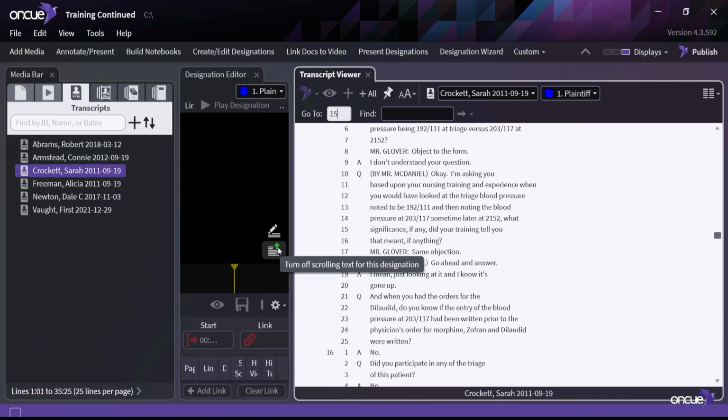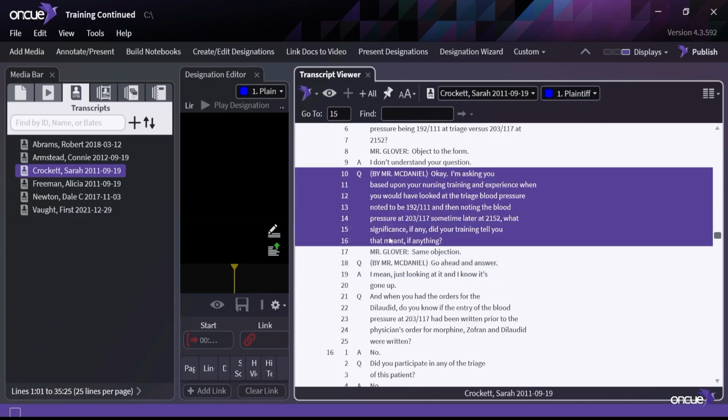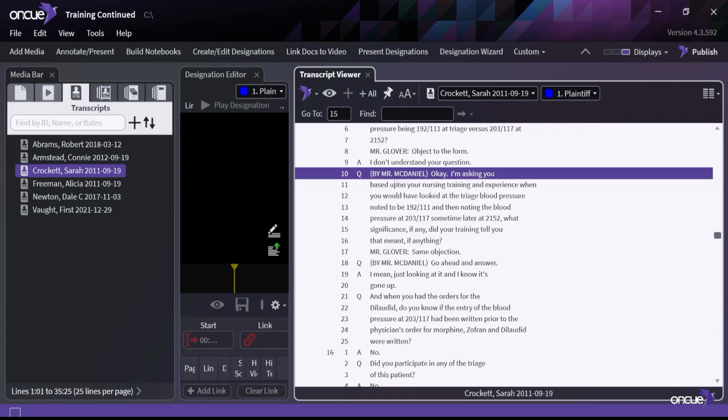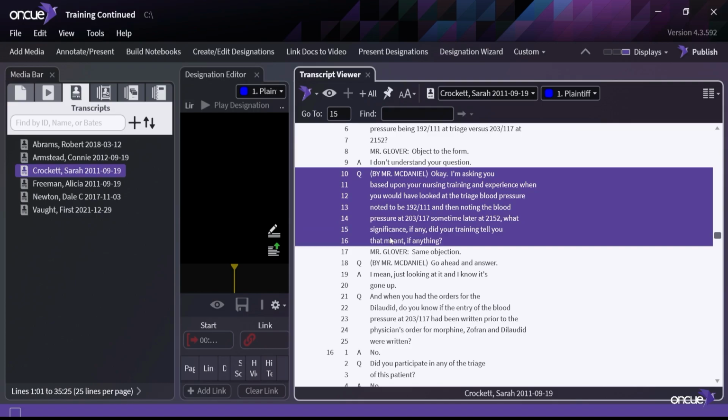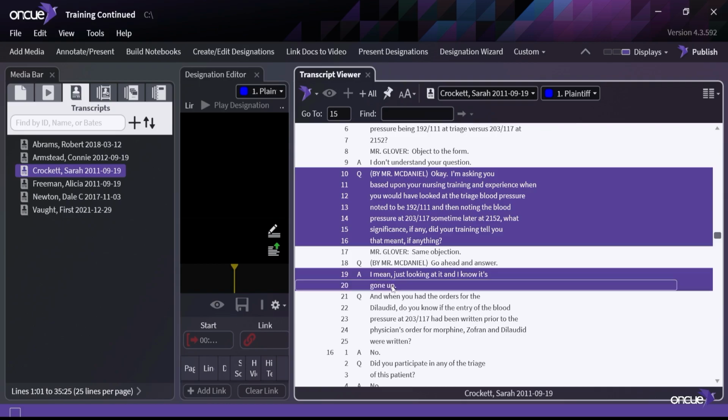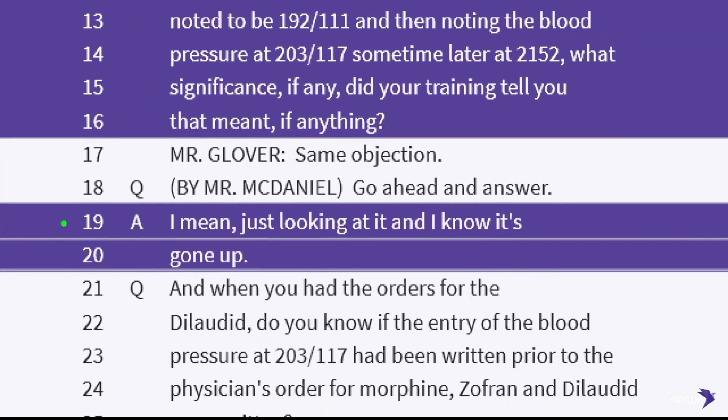Rather than making two impeachment clips, so you would run, for instance, 10 through 16, then when that was over, you would come down and do line 20. You don't have to do that. One of the things you can do is select the transcript text that you want to play. Then you can hold your control key and select the next lines you want to play,